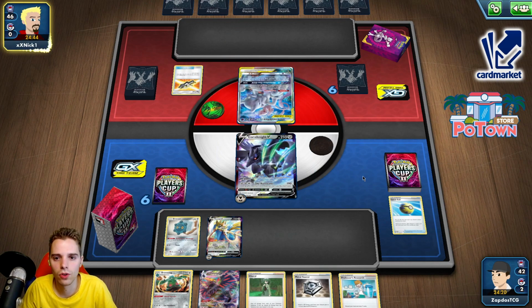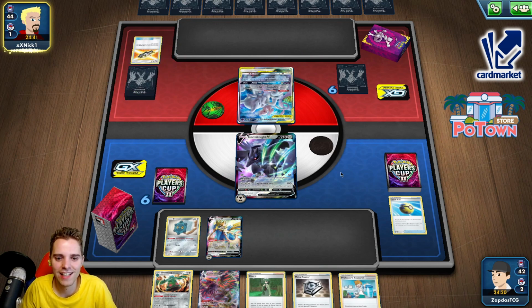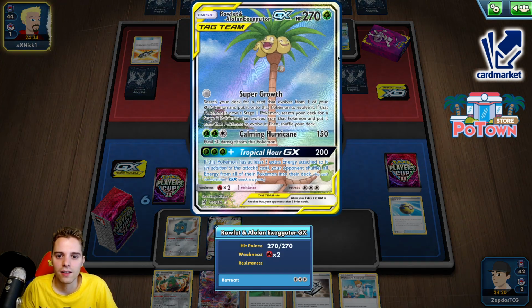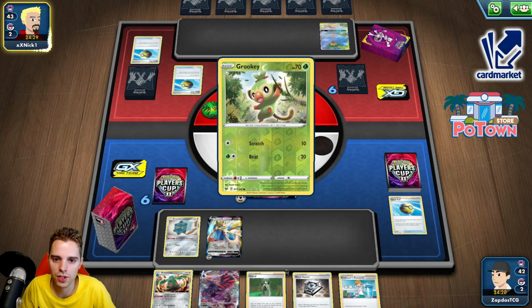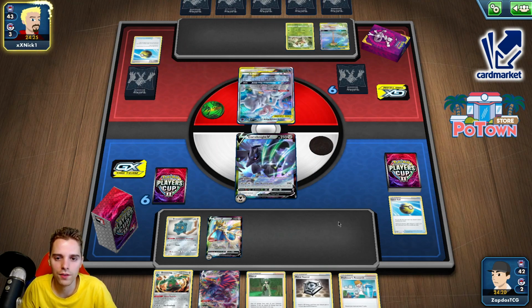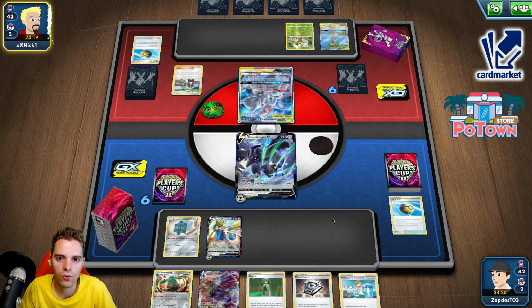Tackle. Rowlet, along with Executor. Yo, yeah, that's funny. This guy can heal damage, but we can heal damage as well with Cheryl, although we do give up the Cheryl. We do have Eldegoss as well. Goosehala, getting rid of